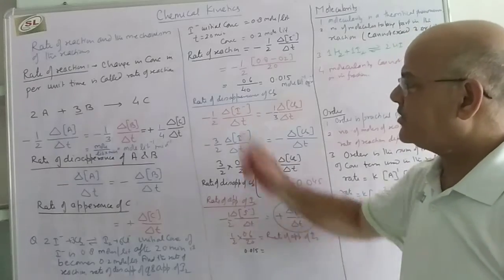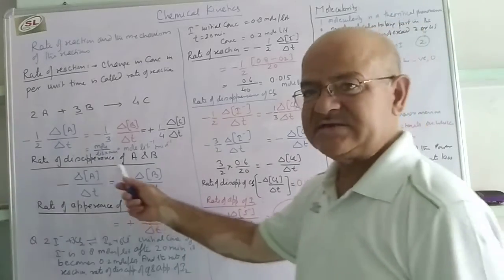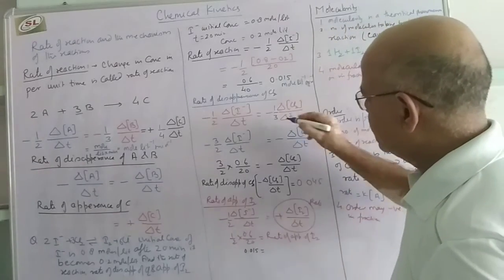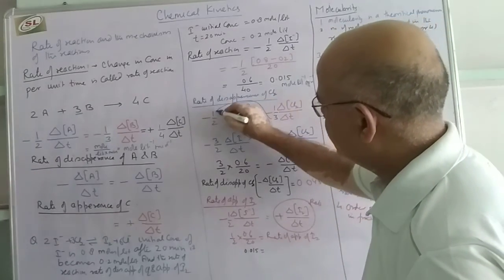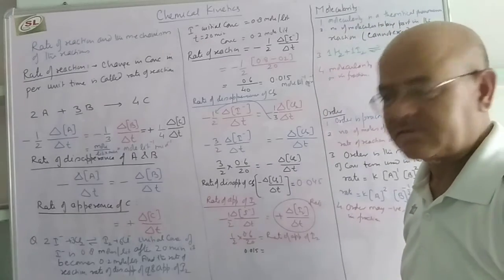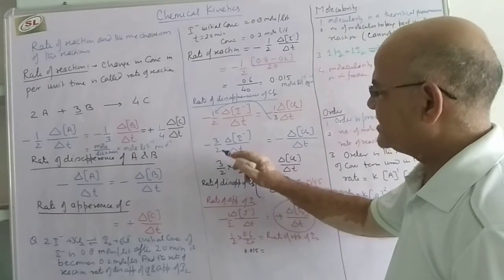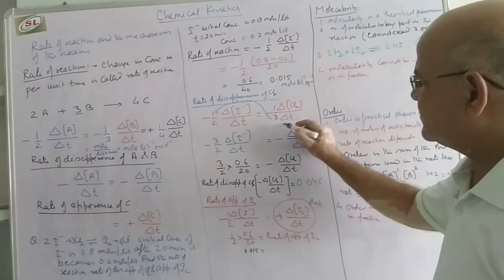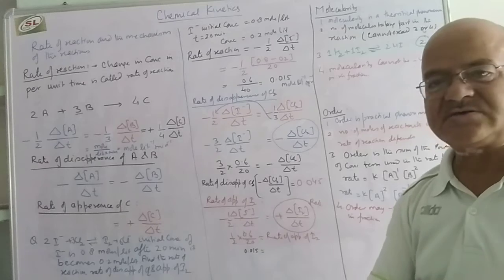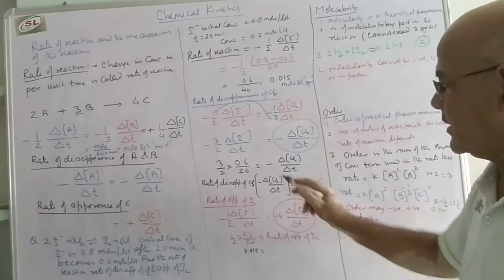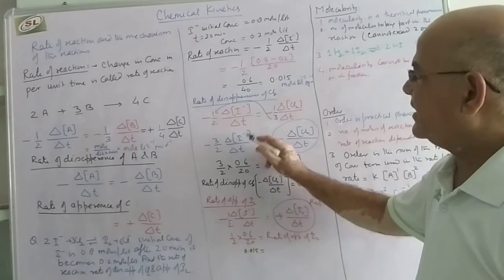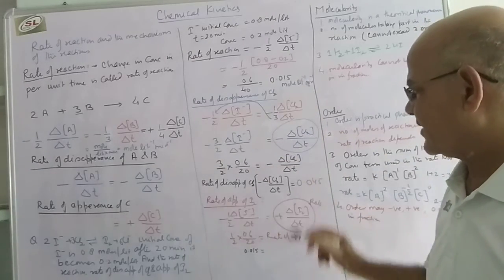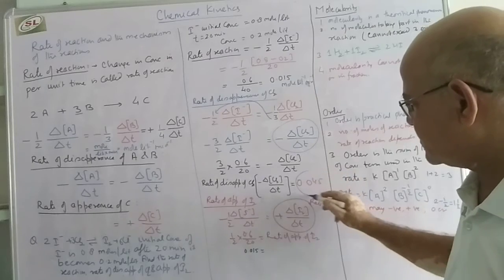As we have to find out the rate of disappearance, you can see here also stoichiometry is not used. So we will take the 3 here, cross multiply. So it will become minus 3 by 2 delta I minus upon delta T, and this will be the rate of disappearance of Cl2. We can calculate now. Delta I minus is 0.6, delta T will be 20, and we will get the rate of disappearance of Cl2.